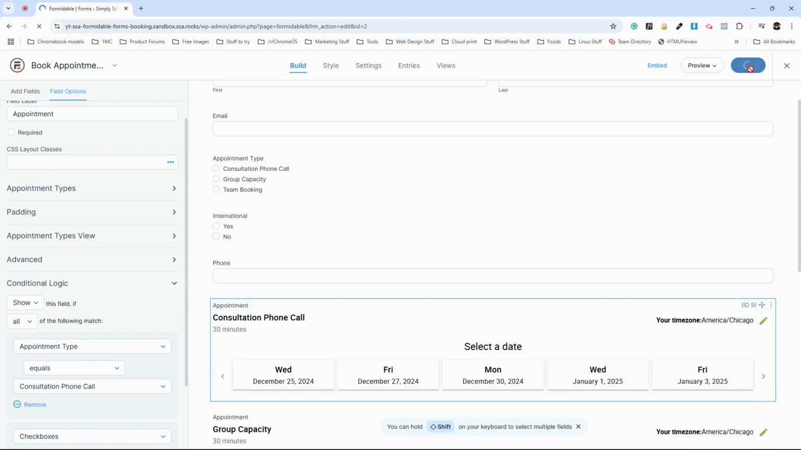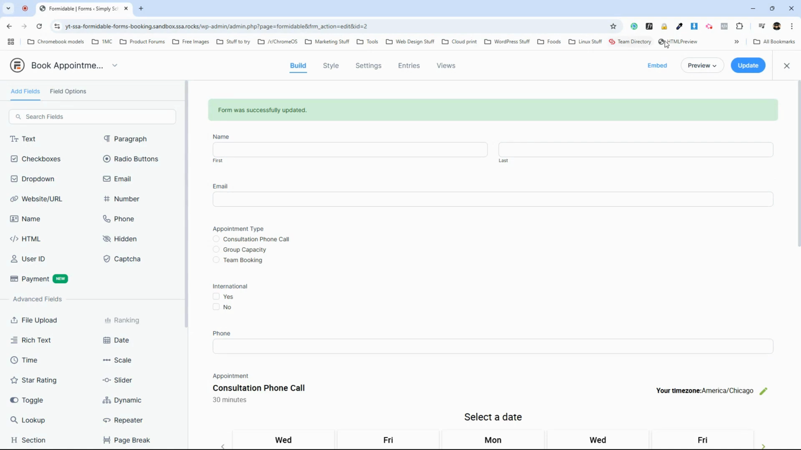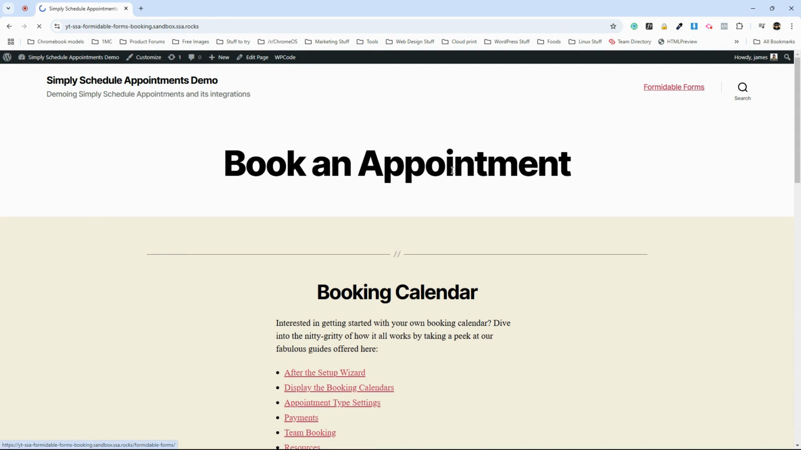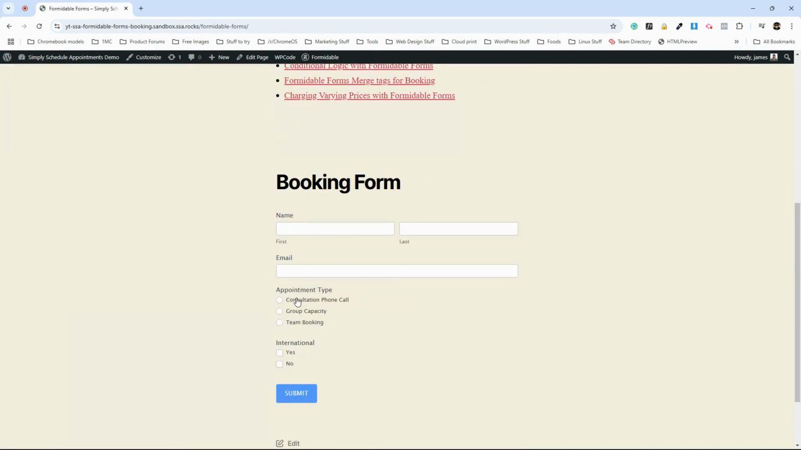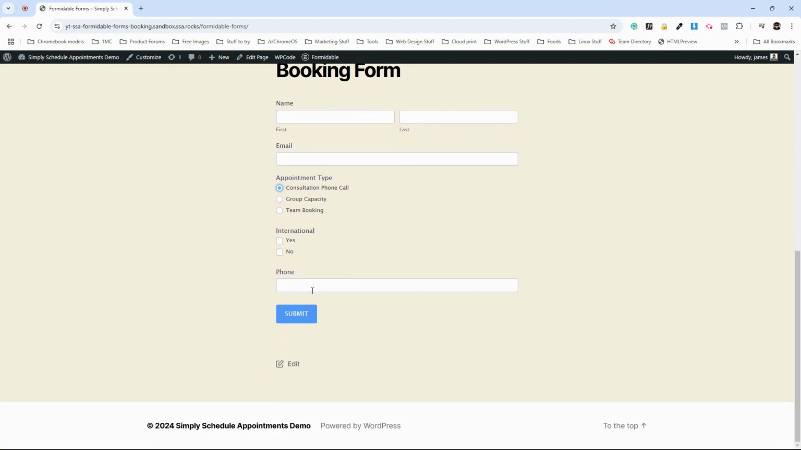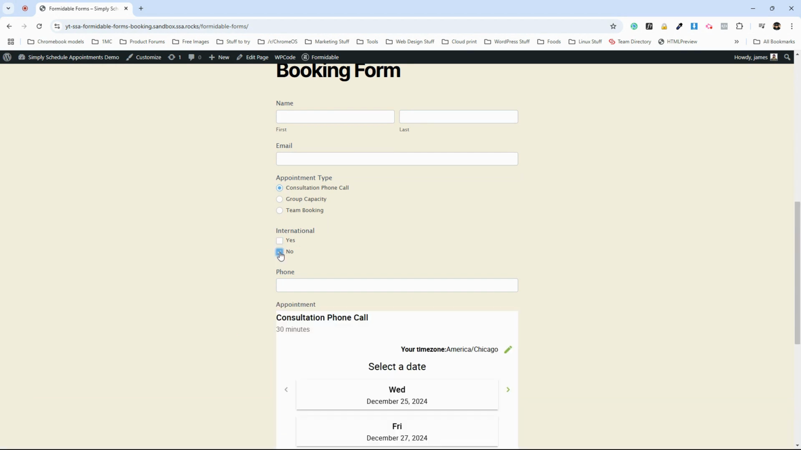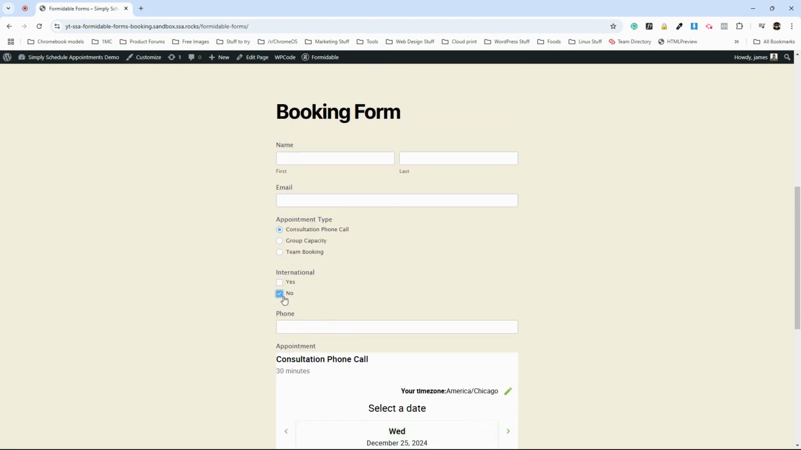Let's go ahead and test that out. Okay, so I'm going to choose consultation phone call, and the phone number shows up, which we could probably hide as well until they choose something. And then I'm going to choose international yes. And now you'll notice the booking form does not show up because we don't do consultation phone calls for people outside the country in this imaginary scenario that we're setting up. So if they choose no, now it shows up. And this is another case where you probably want to use radio buttons because you can't choose yes and no. That doesn't make any sense. But I just wanted to show you that this does work with